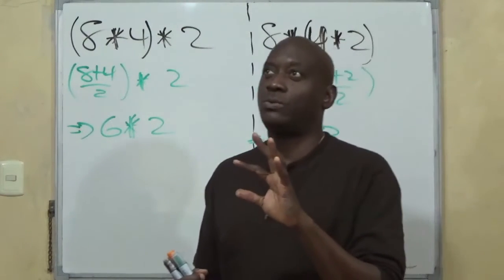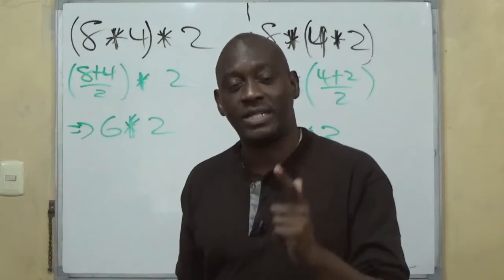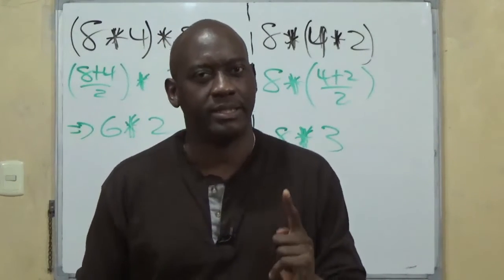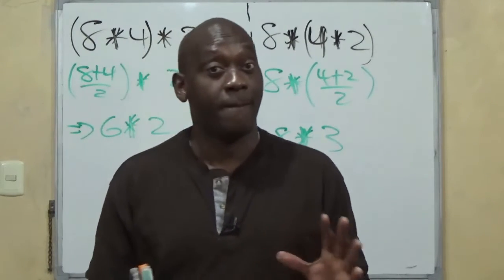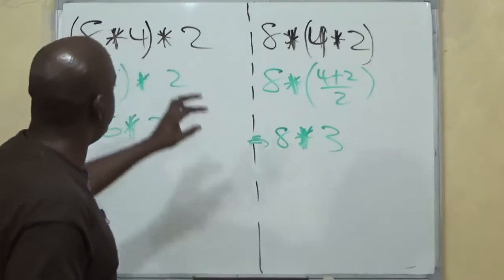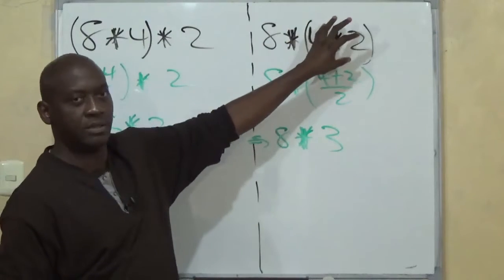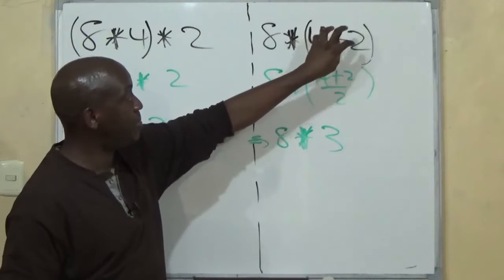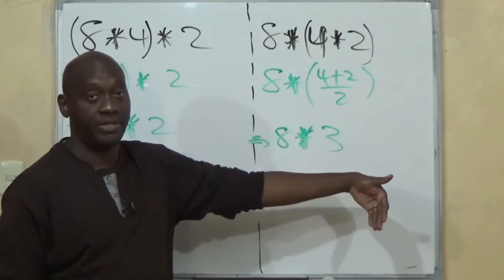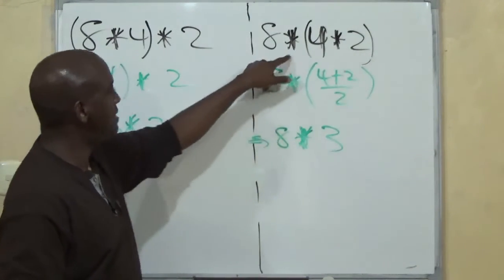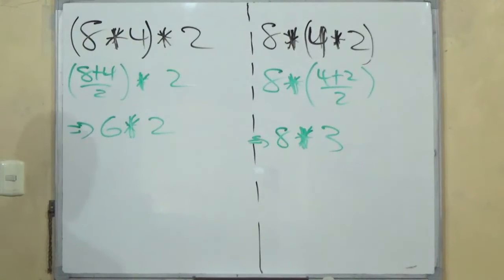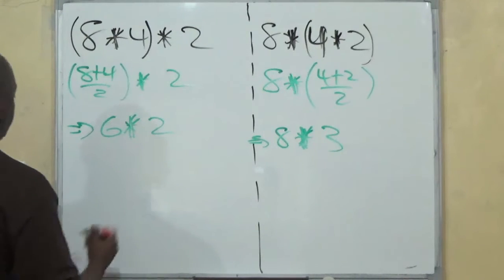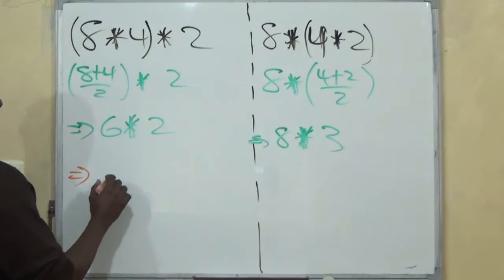association and commutation are not to be taken for granted when you're doing binary operations, because you'll get questions where you have stuff like this. You have 3 operands and you have the bracket that you'll put to make it a binary operation. Don't assume that this is the same thing as this, right? Because over here, 6 star 2 is what? Just to drive the point home,